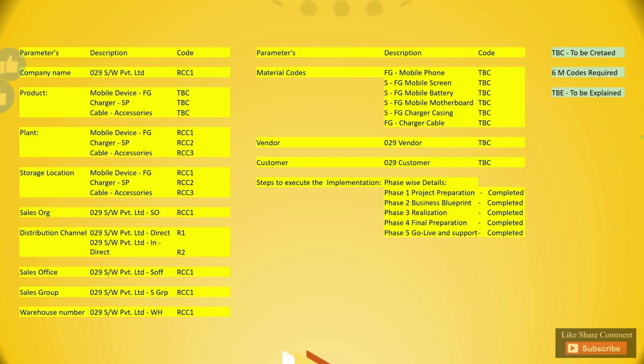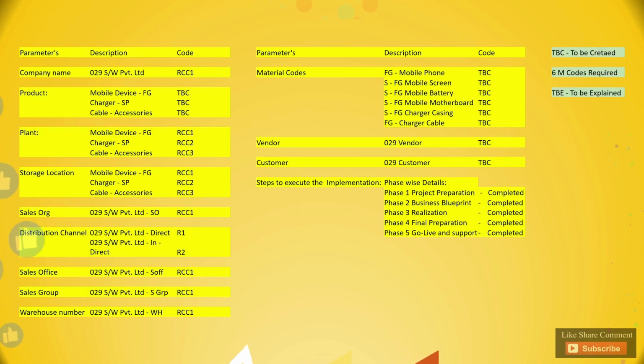In the description, there is a description of the parameters, like company name we have 029 Software Private Limited and code would be RCC1. From the product standpoint, we will be supplying 3 materials as finished goods: a mobile device, charger and cable. So I have mentioned TBC. TBC is to be created.